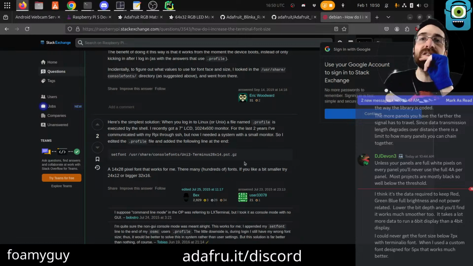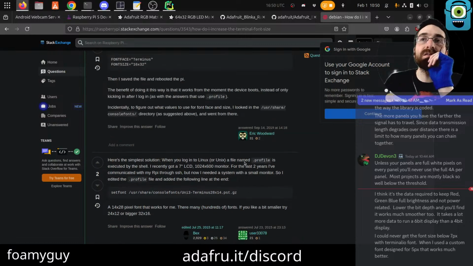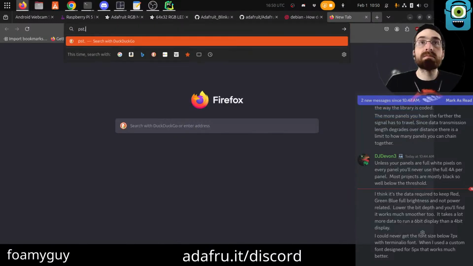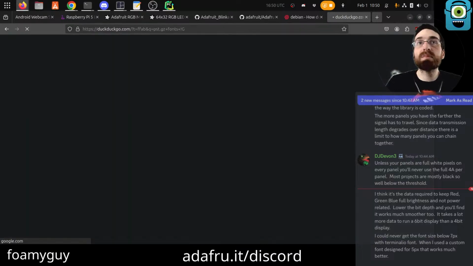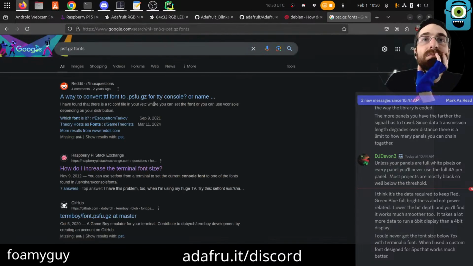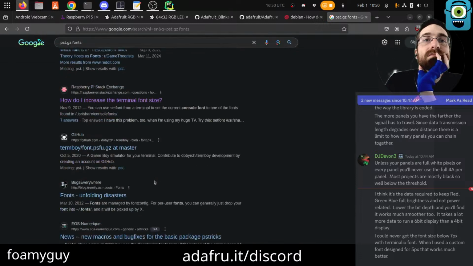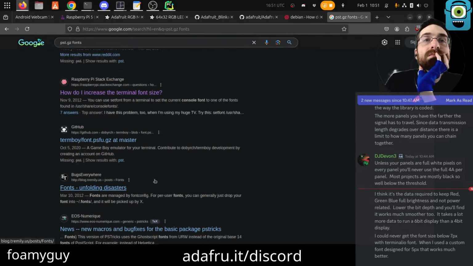These are psf.gz. Is that just a thing you can find in it? It is a zip. Game Boy emulator terminal?